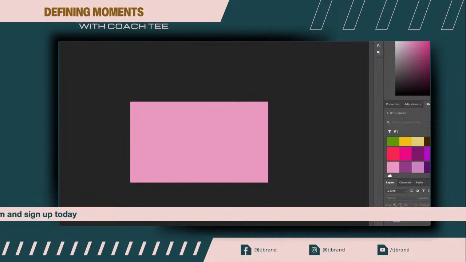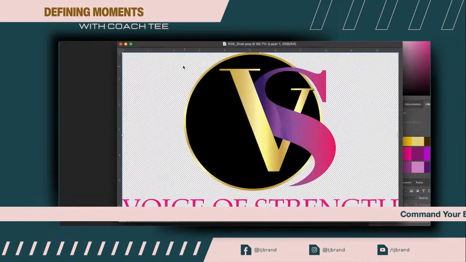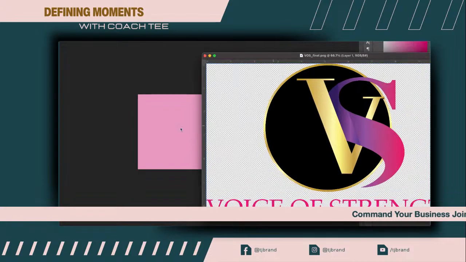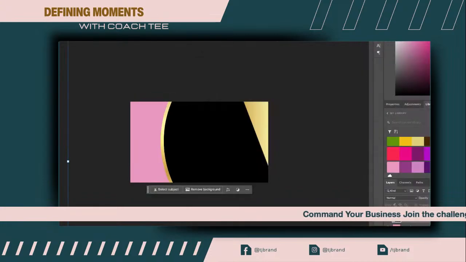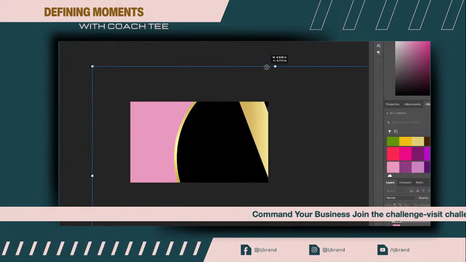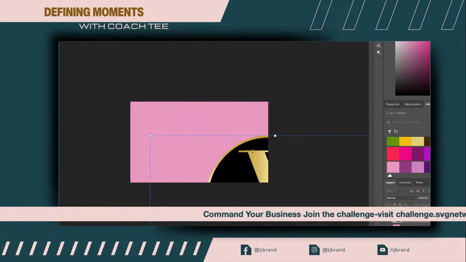Normally what I like to do is add the logo on first and then work around that. So we're going to bring this logo on here and get to designing. Of course, I am designing it in the actual size that it was.